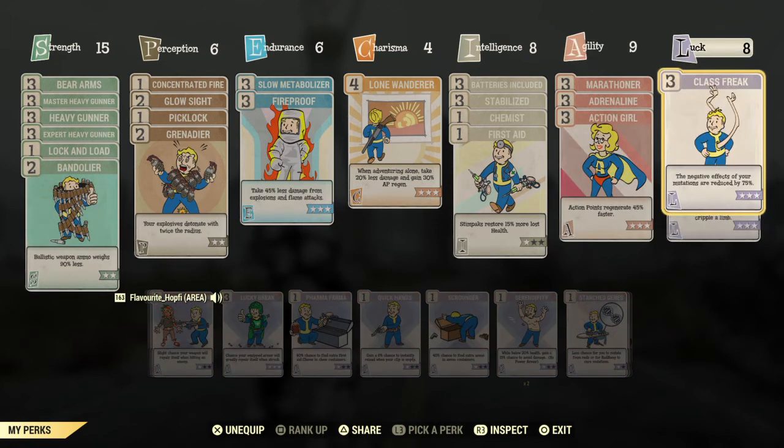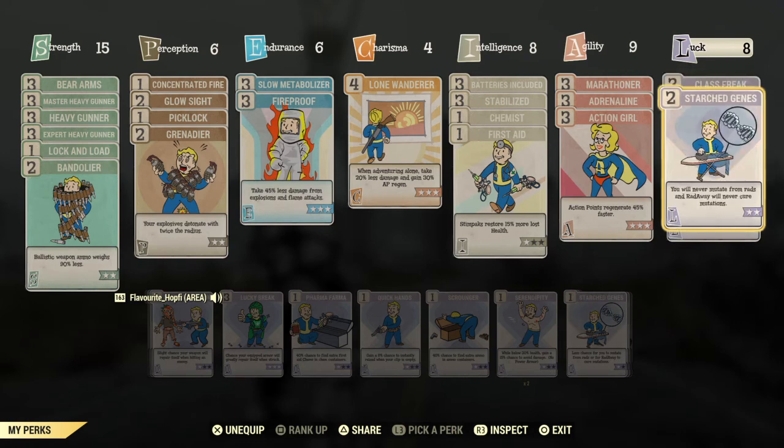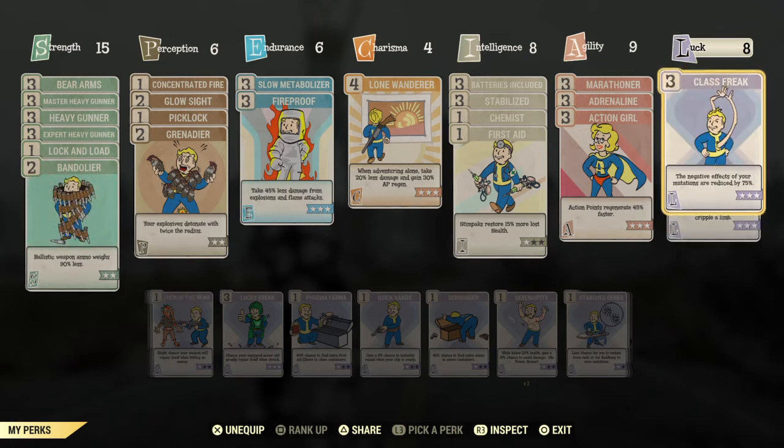Onto luck, Class Freak, well, absolutely not necessary here. You could argue that something like Better Criticals or such would be worth it. Obviously, Bloody Mess, you could use it. I just felt like this is one of the characters that didn't need Bloody Mess, and therefore I wanted to not use it for once. I know I tend to use it very often, but that's because if you're working with weak weapons, you just have to get every single point of damage out, and I feel like this build, which uses the plasma caster, doesn't really need it. So as you saw in the video, we were performing